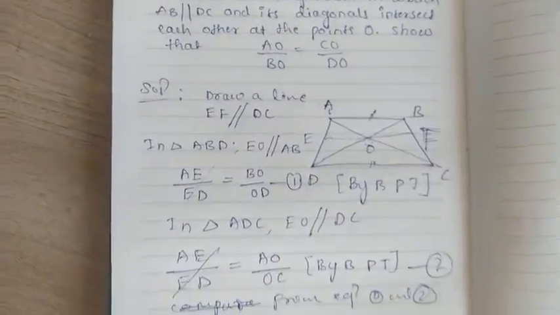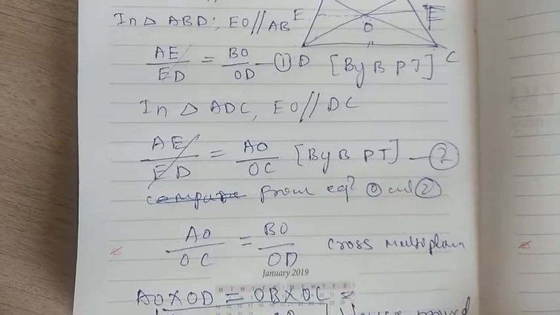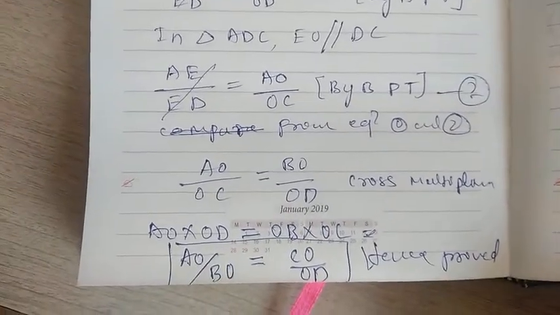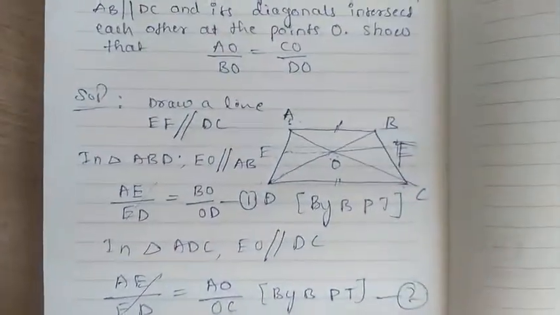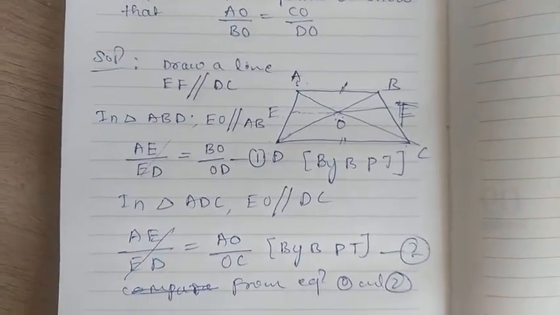Hence proved. See, these two theorems are very important, children. I hope you understood. Practice such examples. I already told you, you have to practice such examples a minimum of 5 times, then you'll get the idea.